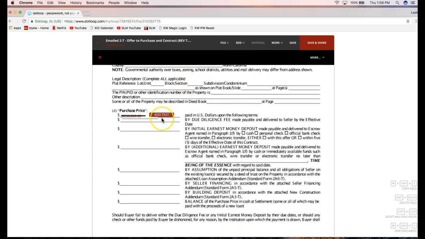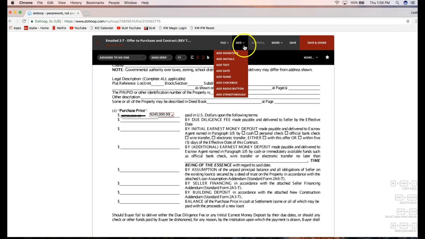I'm going to drop that text box with my mouse. I'm going to click to drop it, where I can just start typing in my new purchase price. So I'm adding in my new purchase price here. I've added both the strike through and the text box here. So now I need my clients to be able to electronically sign for that new change. So I'm going to, as you might have guessed, go back up to Add,